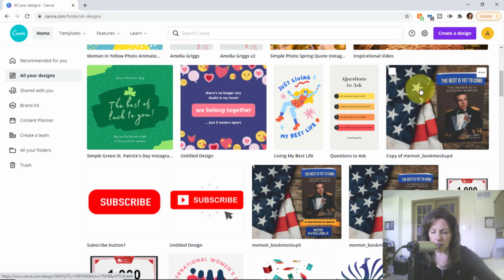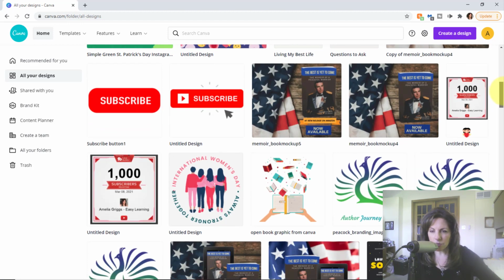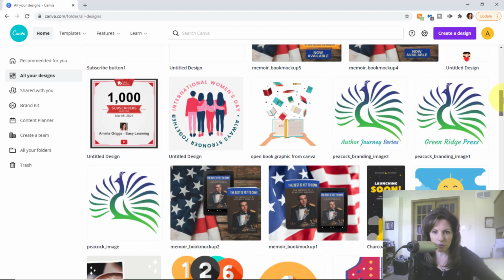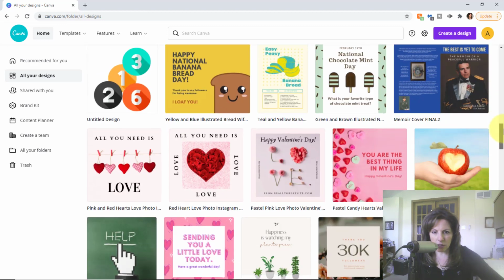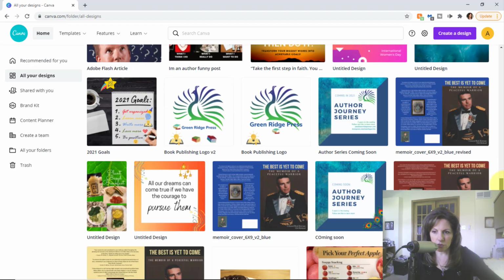This is a social media graphic that I created for someone with a patriotic background image, and with a book mock-up graphic. I also found some subscribe buttons in Canva that I saved, and then I added those to social media, and I needed one for my YouTube channel. Okay, and looking down, I'm going to show you some